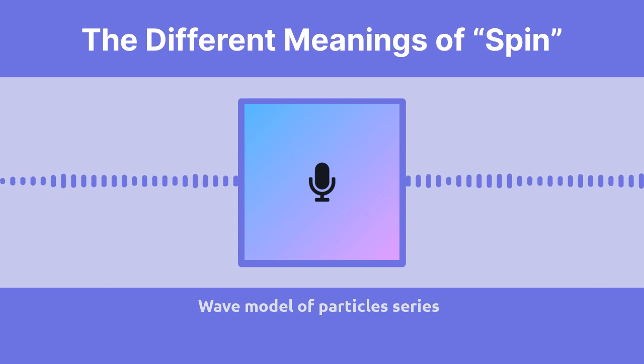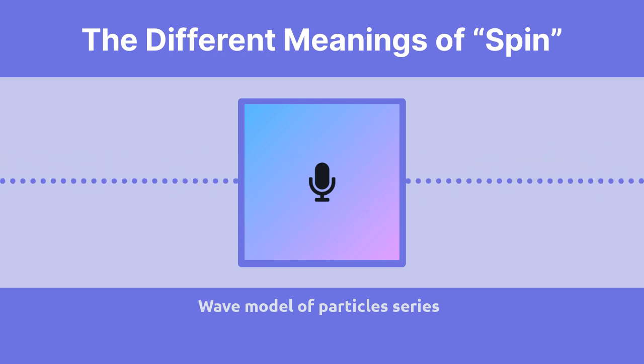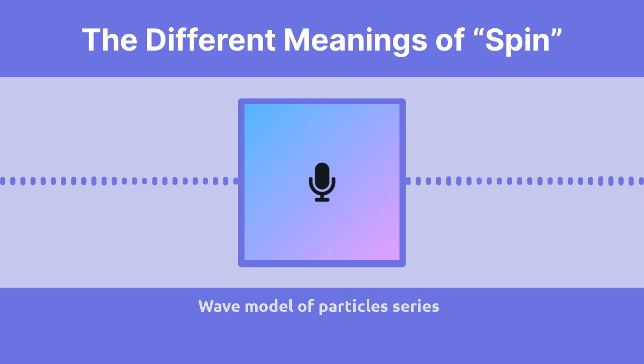Wait, are we talking about the tiny particles that make up everything around us? The very same. In quantum mechanics, they assign a spin number to particles based on their rotational symmetry. So that square we talked about? In the quantum world, they'd say it has a spin of 4 because it gets back to its original orientation after a quarter turn. So different shapes have different spin numbers because of the way that they are symmetrical. Exactly. Pretty neat, huh?